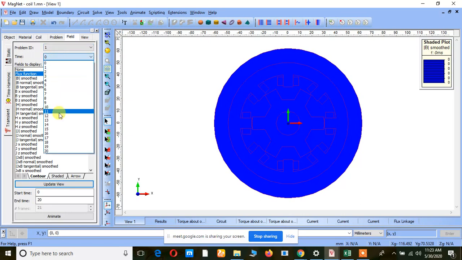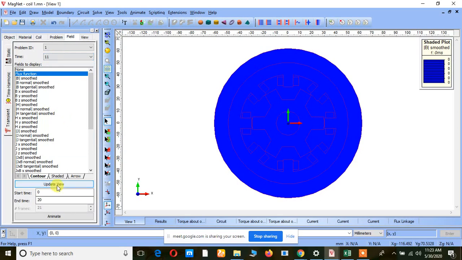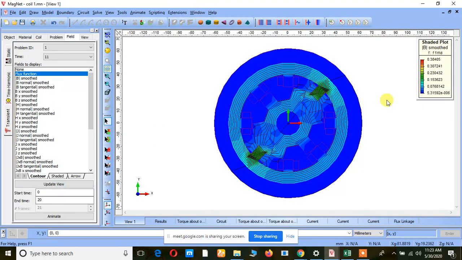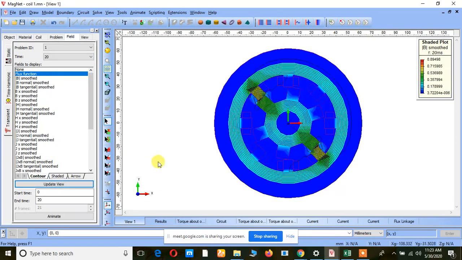So just vary the time here and give update view. Now there will be some increase in the distribution of the flux, and then we can see the flux path also. The flux path will be very slightly varying. See, the flux path is now varying.